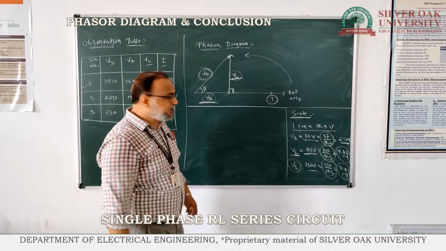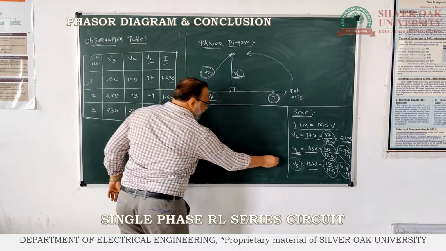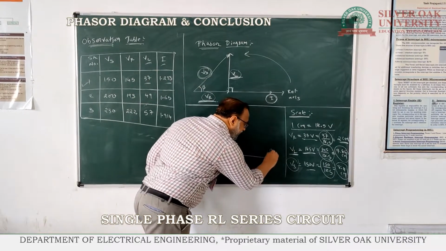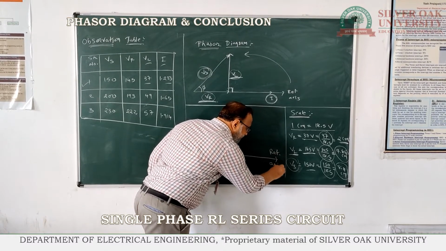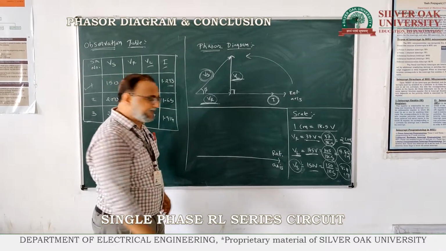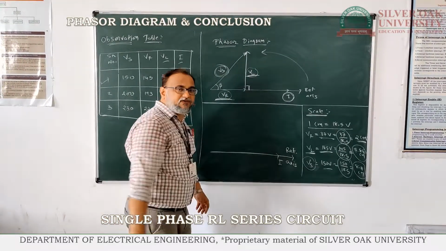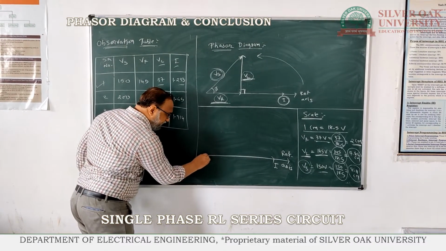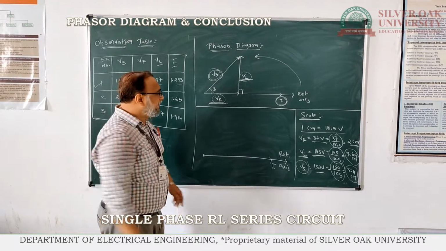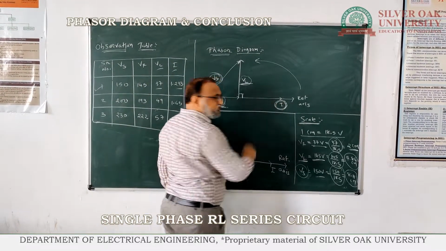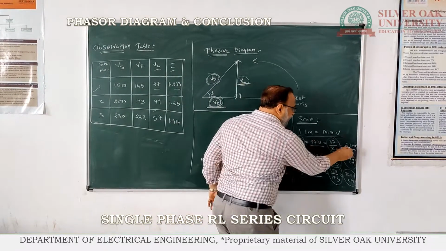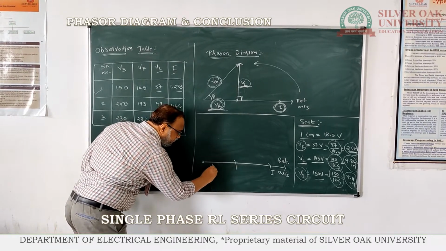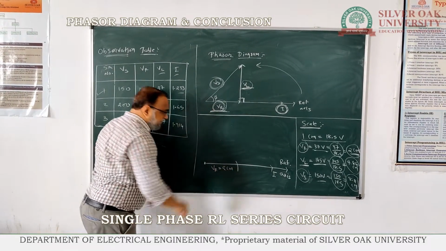When you draw a phasor diagram, first you draw a straight line in the direction of the positive x-axis, and that is considered the reference axis. This is the fundamental thing. As it is a series circuit, we show the current in the direction of the reference axis. This point we consider as the origin, and VR is in the direction of the current, with a value of 7.84 centimeter.